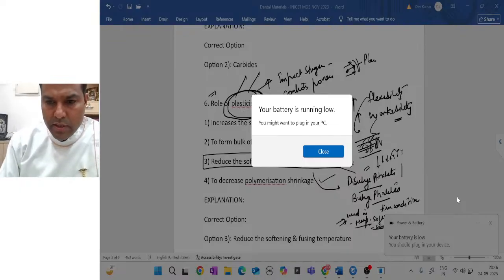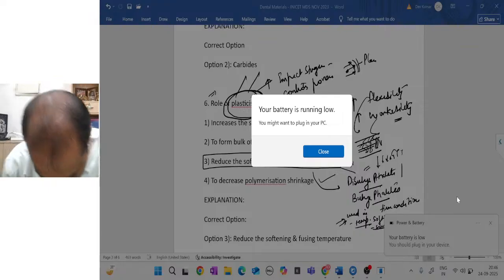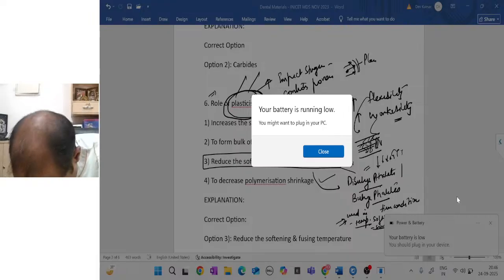Just a minute, I'll just plug in the charger, just give me a second।